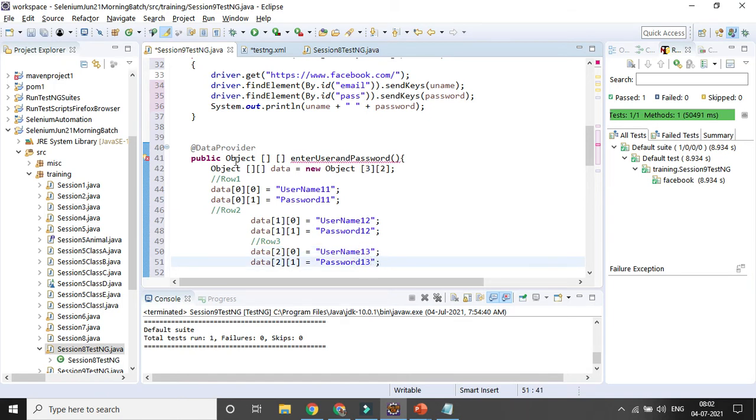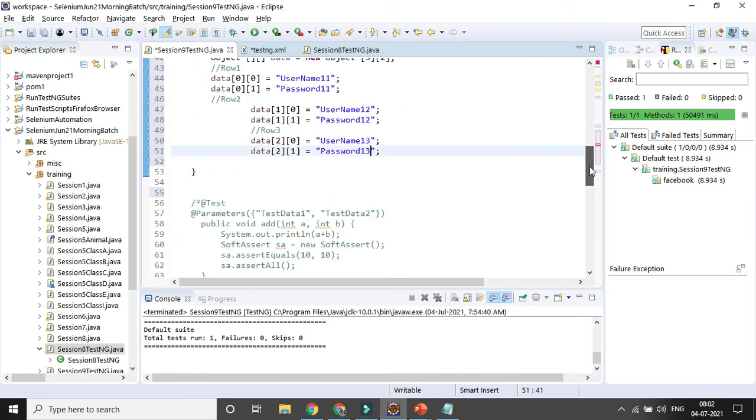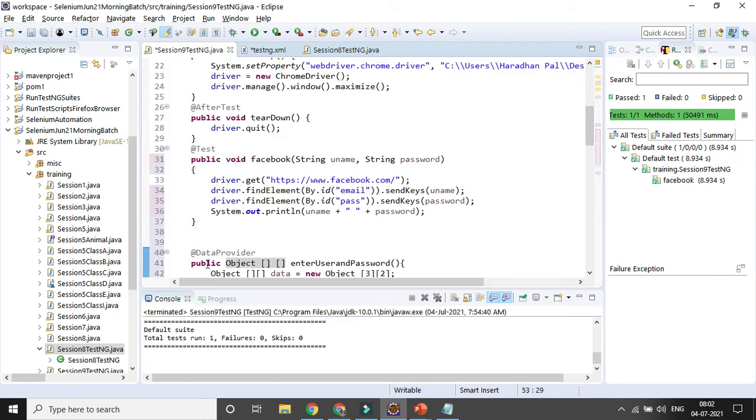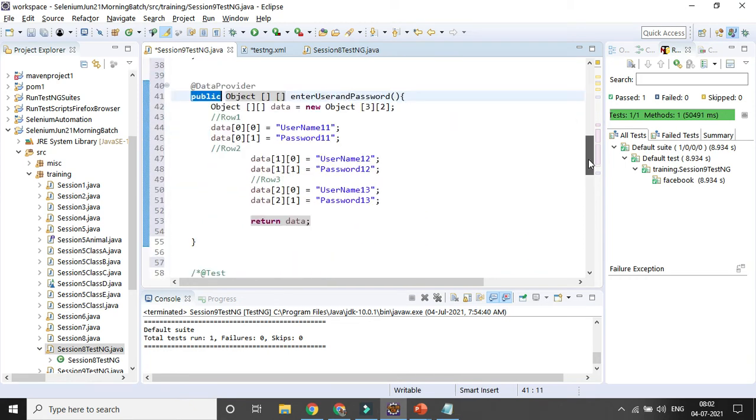And since I defined the object, I need to return the variable, right? So at the last I will be returning data, because it's returning that variable. That is the return type, right?